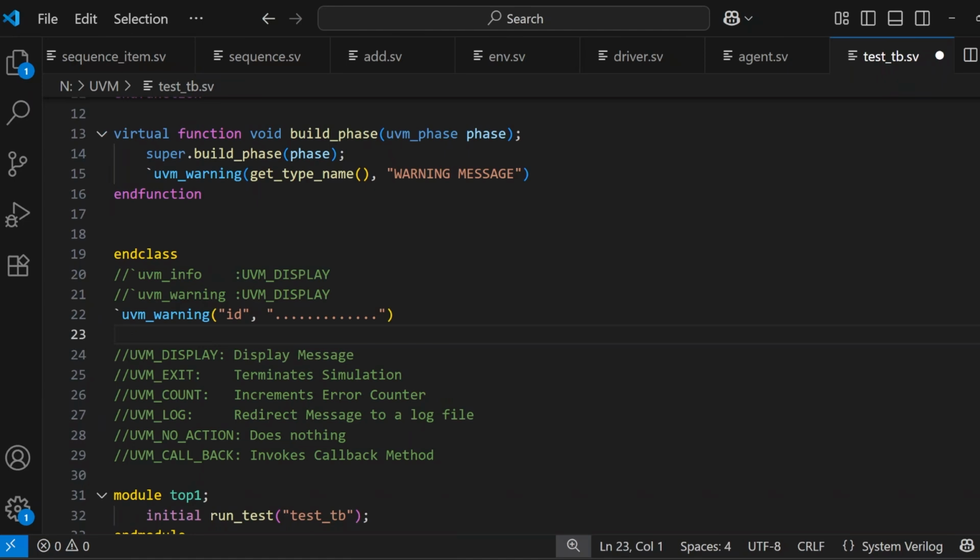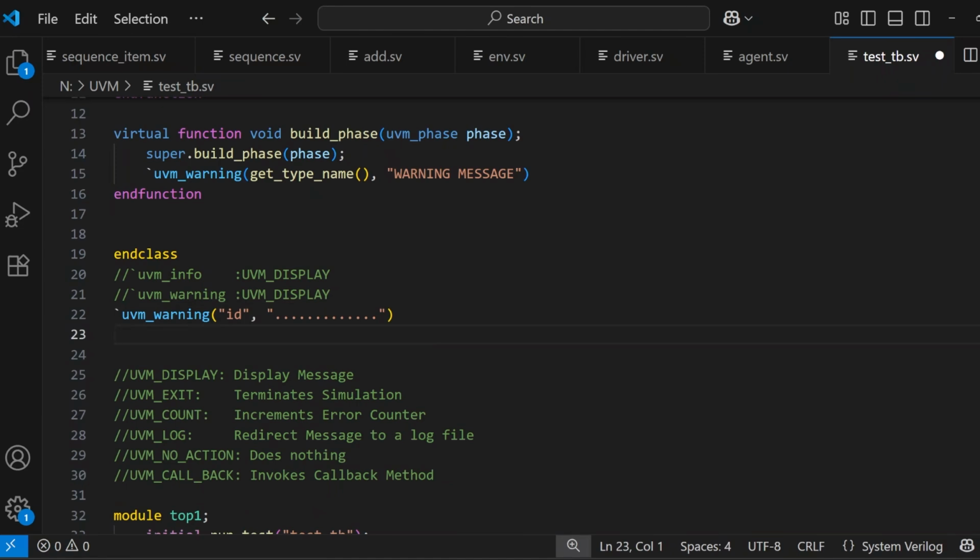So UVM warning is basically for some critical messages which you want to print, which says that there is something wrong with your design. With UVM warning, UVM display will definitely perform because there is no verbosity threshold. So let's go to the next one, which is